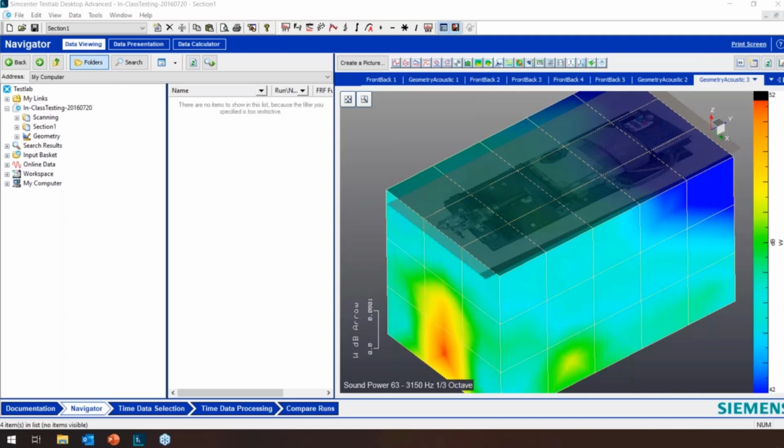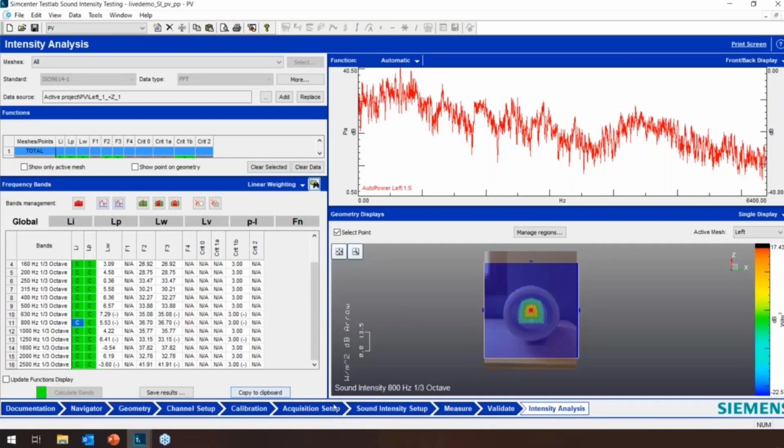So if you take this surface here, the one where you see the red spot there, we will do the scan going from top to bottom, going from left to right. And another time you will go orthogonal to that. And the speed at which you should scan, that is governed by the field indicators for the data. If you scan too fast, the field indicators will tell you, hey, you are scanning too fast. In the intensity analysis worksheet, there is a criterion for that. So it has to be checked against that.